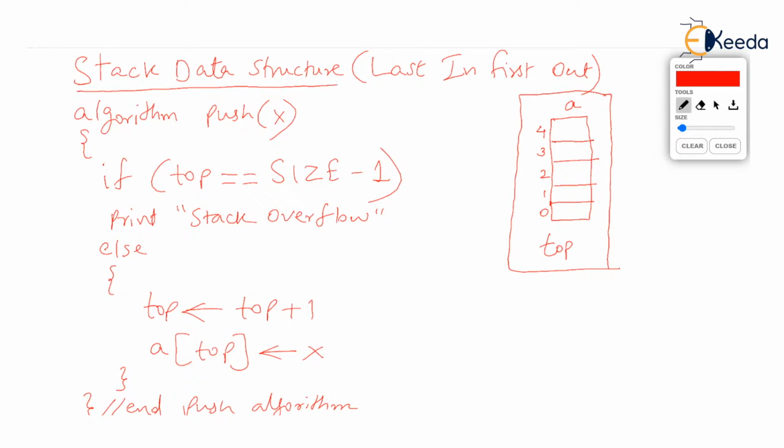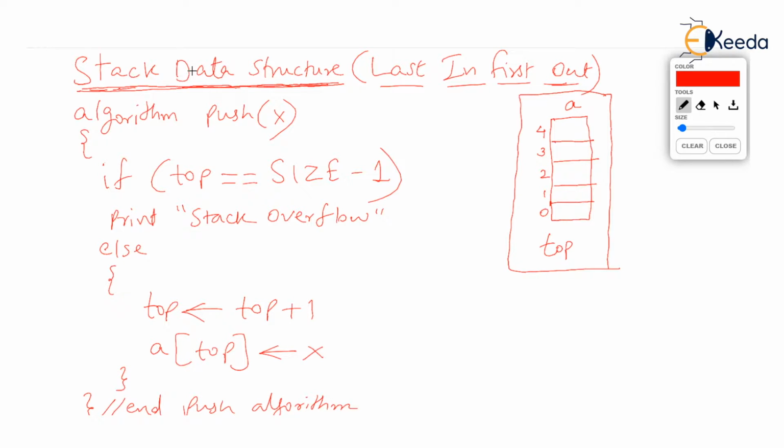Now, stack data structure is used for storing data, obviously, because it is a data structure. Whenever we see anything is a data structure, it has an arrangement of data, or basically, it is used for storing data. So, stack is basically used for storing data, but data is stored in last in, first out manner, LIFO manner. What it means is whatever you store last in the stack is always taken out first from the stack. So, the last item going in the stack will be the first item to come out.